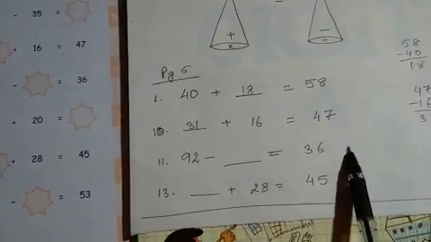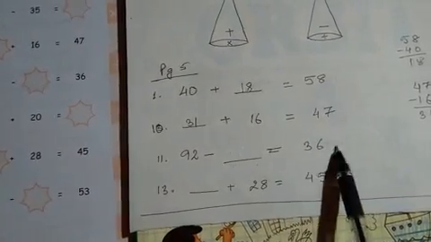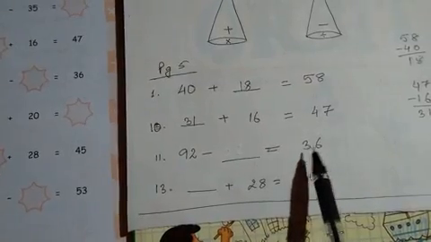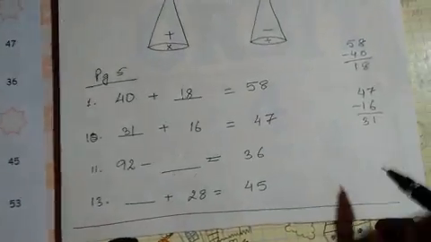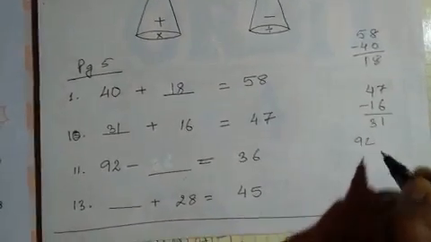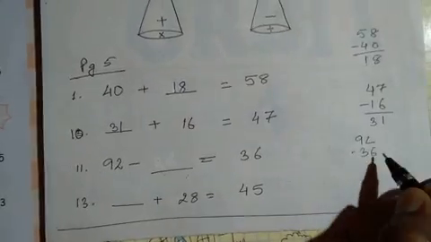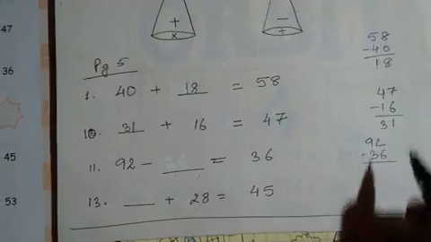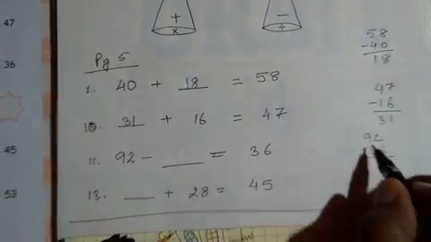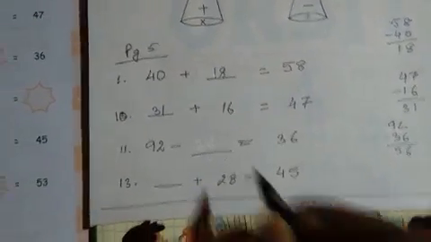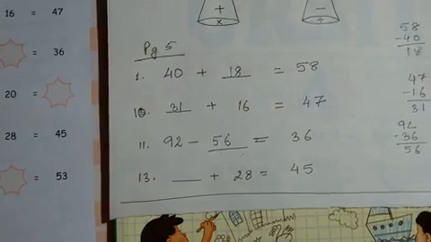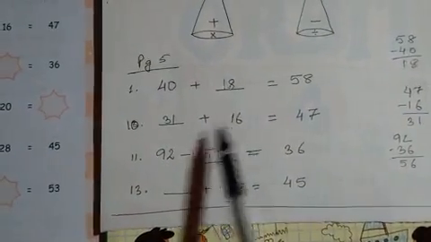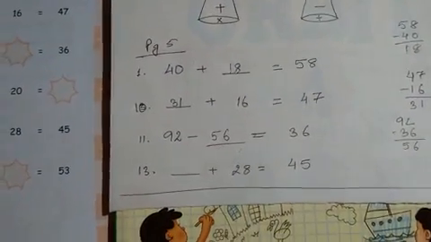So when this becomes plus, dash plus 36. When 36 goes to this side, it becomes a minus. So in that case, we have to subtract 92 minus 36. This will be 12 minus 6 is 6. This is 8, 8 minus 3 is 5. So our answer is 56. Okay, so this minus one is a little bit different than the plus.